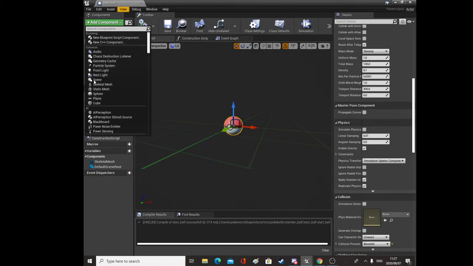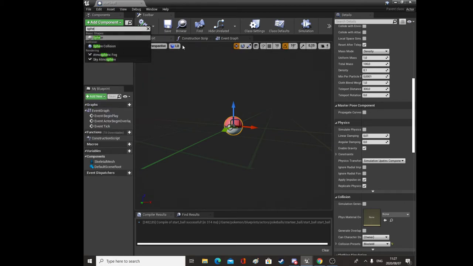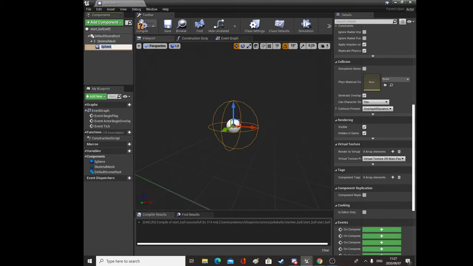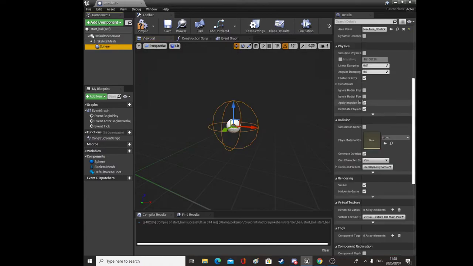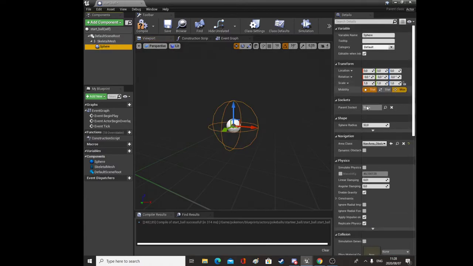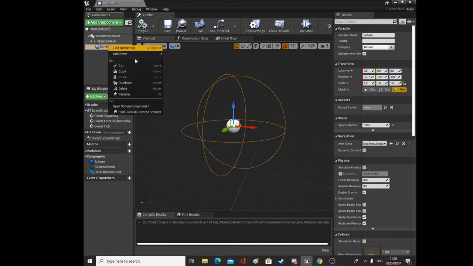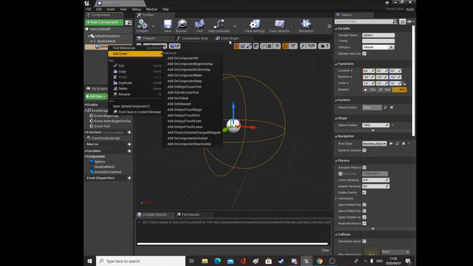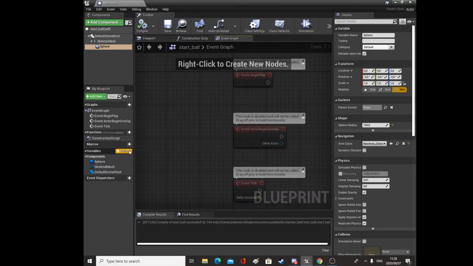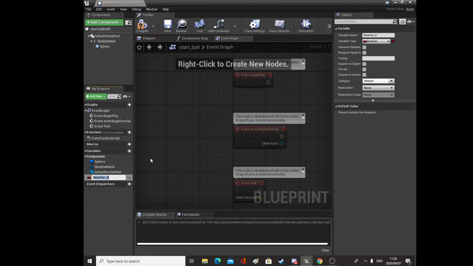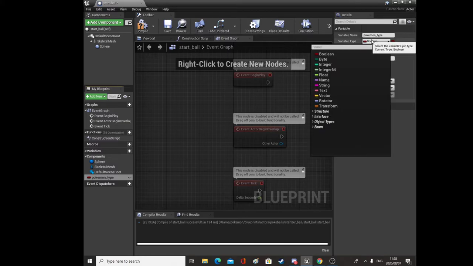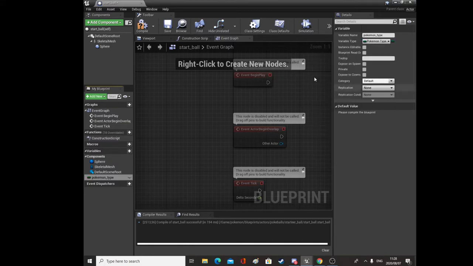Then we want sphere collision, so let's add a sphere collision component. It's about the right size. Actually we have to make it a specific size, so let's go up here and we'll make the sphere radius 150, and that should be fine. Okay, so now that we've done that, we can go over to the event graph, and we can add a variable, and this variable will be Pokemon type, and we'll make it of type Pokemon type. Okay,